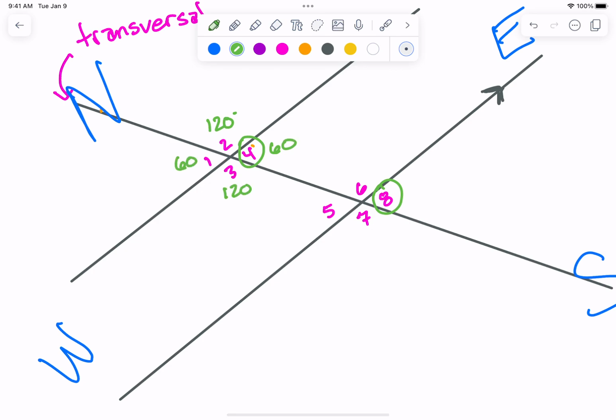60, 120. Okay, now, how do I go from that intersection to the other one? If 2 and 6 are the same, okay, so let's pick on 2 and 6. Those are corresponding. We just said corresponding angles are the same. So if 2 is 120, 6 is 120. So then this is 120, this is 60, this is 60. I have one angle and I can figure out all the rest of them as long as the lines